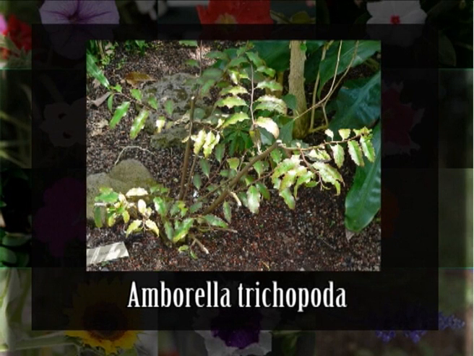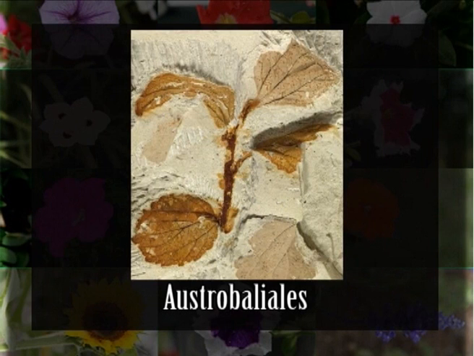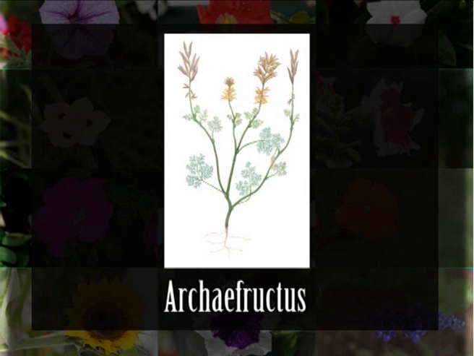Amborella, the sister to all other living angiosperms, is woody, as are members of Austrobaileyales, another early branching lineage of living angiosperms. However, an aquatic origin of angiosperms is supported by the fact that several of the earliest known fossil angiosperms were aquatic. Archaefructus represents perhaps the oldest, most complete angiosperm fossil. It is estimated to be approximately 115 to 125 million years old. On the basis of morphology, it clearly was aquatic.